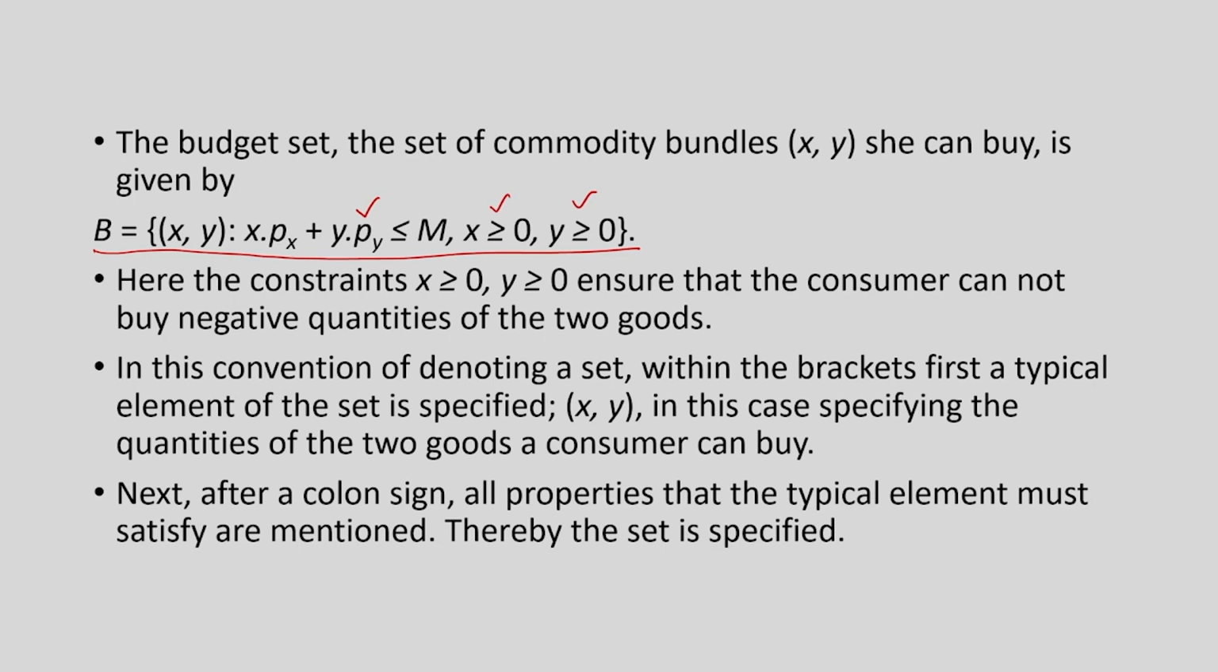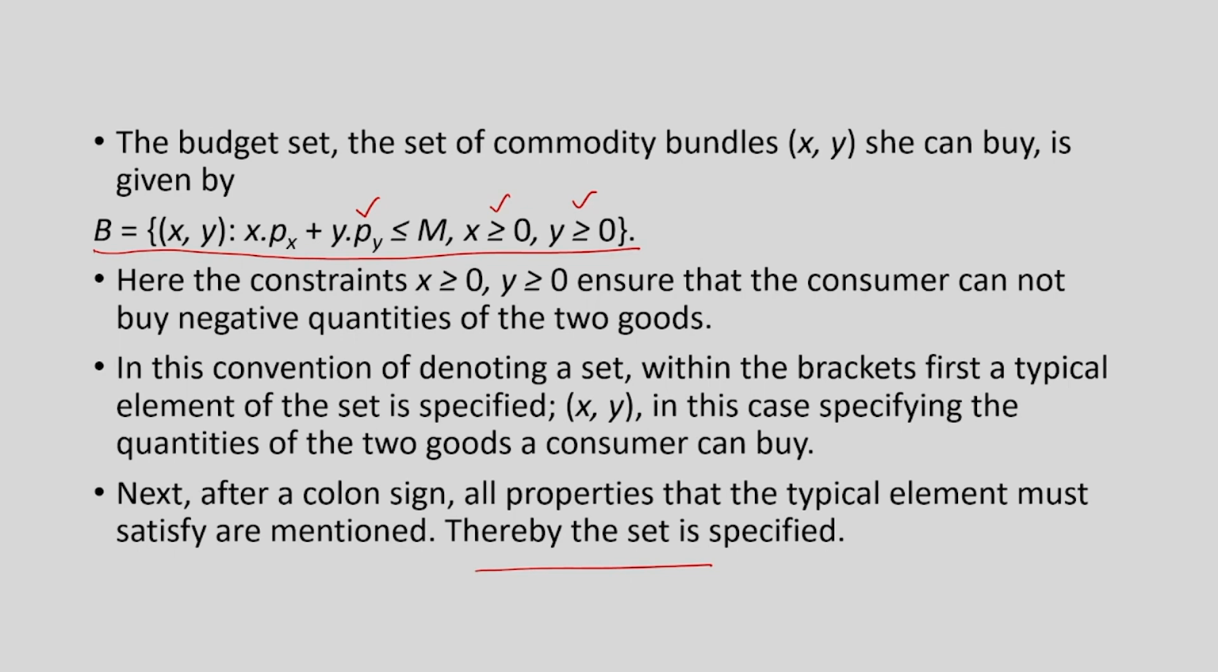Next, after a colon sign, all properties that the typical element must satisfy are mentioned. So, these are the condition or conditions in this case that x, y must satisfy. Thereby the set is specified, right. This is the way in which sets are written if you cannot write all the elements of the